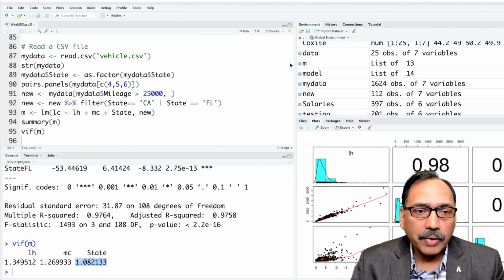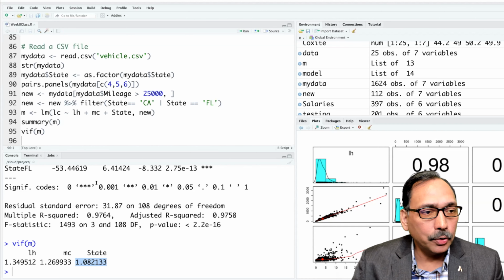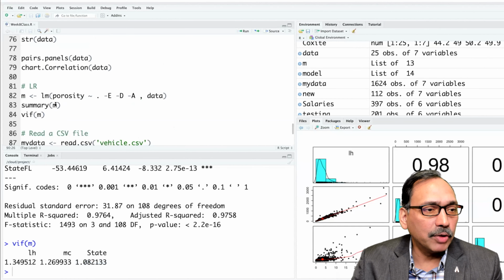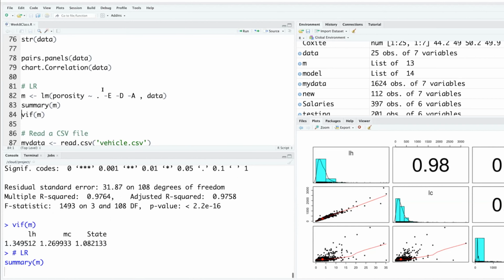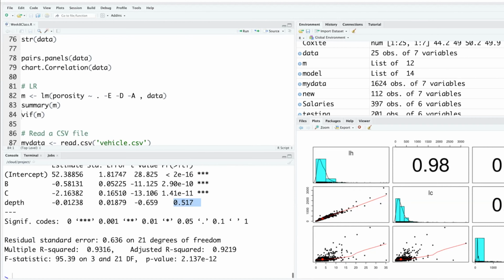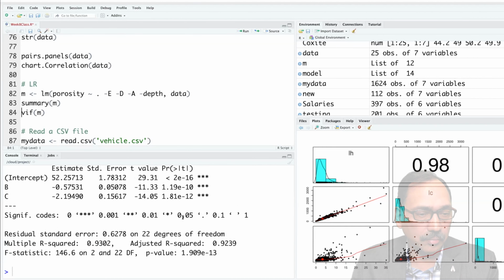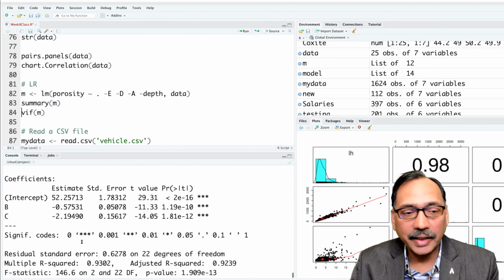The earlier question was why do we keep depth? Actually, we could have got rid of the depth. I didn't do that, but you could have removed depth also. I think you are talking about this model, and depth is not significant, so let's get rid of that. So that will be more appropriate. That's a more appropriate model. You don't lose much because depth was not significant. So 93 versus about 93.